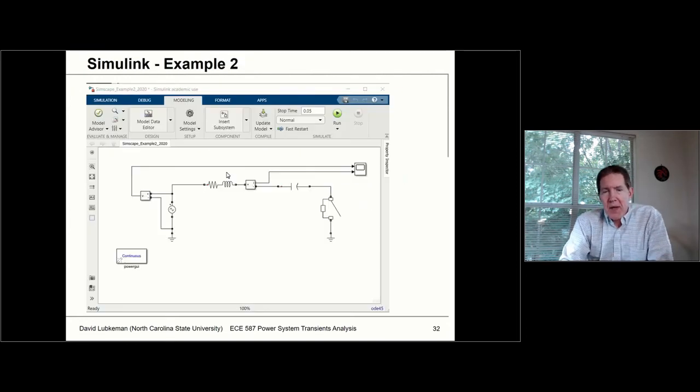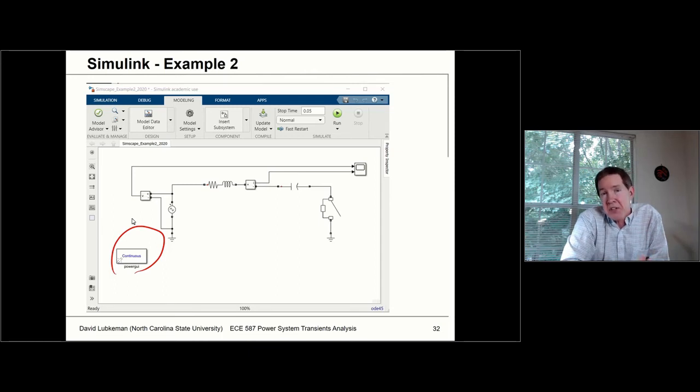But anyway, here's the same example coded up in Simulink, and I'll have part C of the video where I actually walk through and show you how to build this particular circuit right here. Note one thing that's a little eye-catching right here: we have this little block called Power GUI. This contains a number of routines that are needed to do the calculations, and also enables you to set up